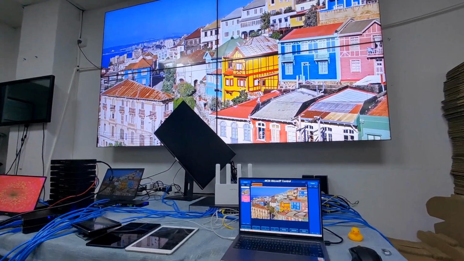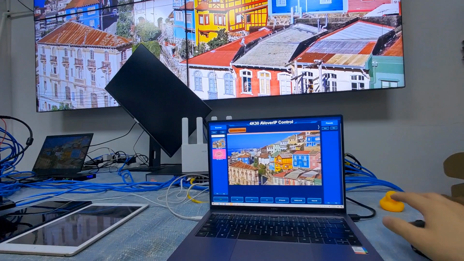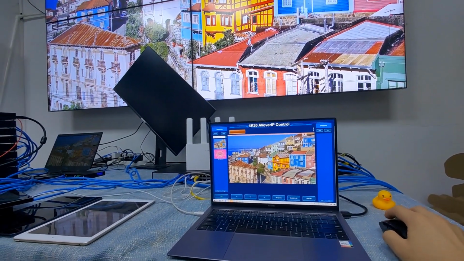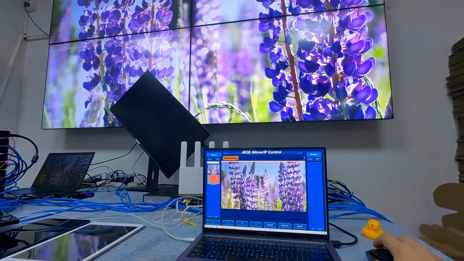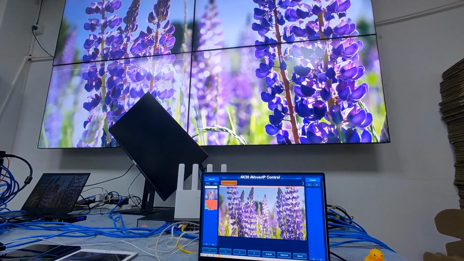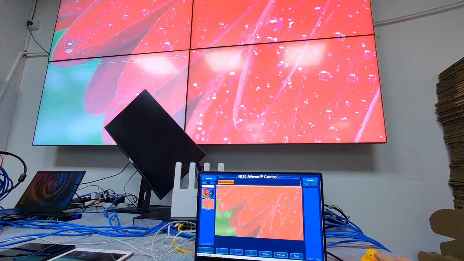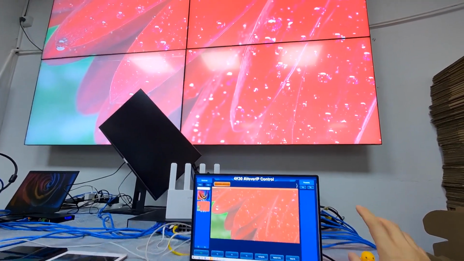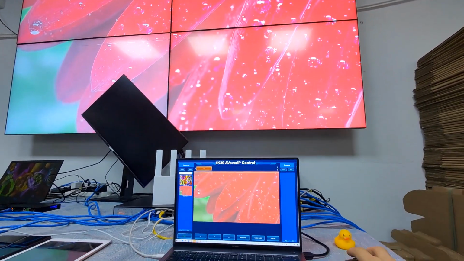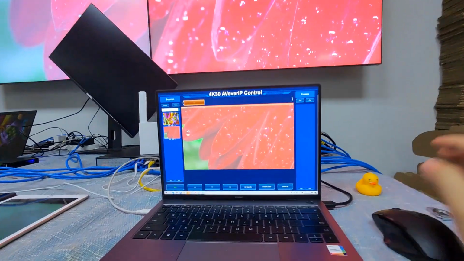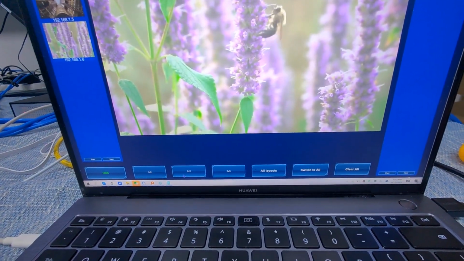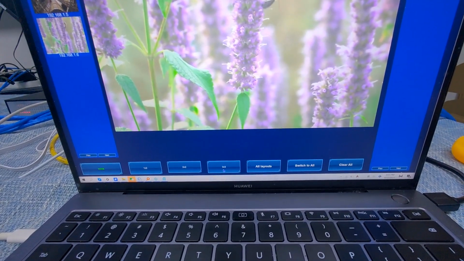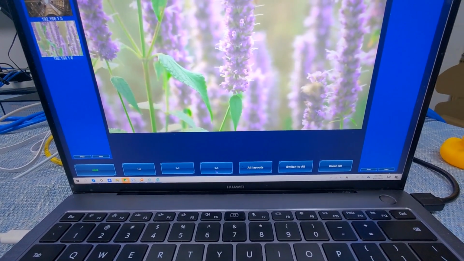I'm going to zoom in a little bit so we can see how we do the switching. For the video wall, we can just drag another source to here. So this is how we do the settings and the switching. Okay, but if you want to do a multi-viewer in one screen, you can see here we have different layouts. We have 1x2, 2x2, or 3x3. Okay, so I'm just going to use a 3x3,